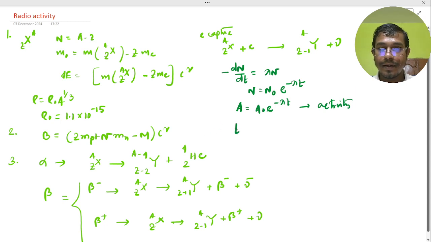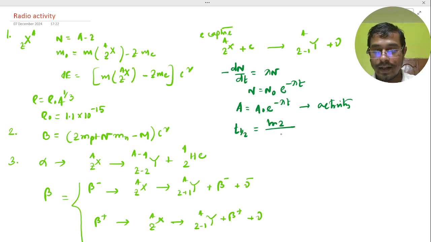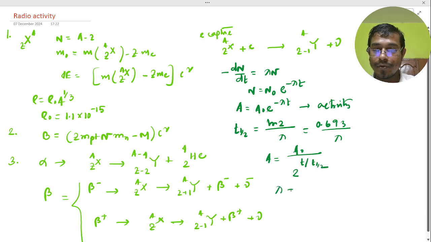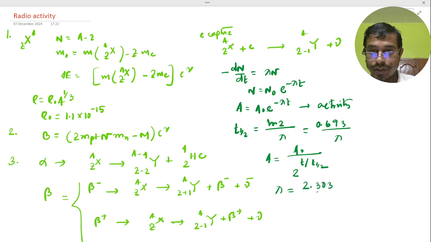The half-life T half becomes ln 2 by lambda, basically 0.693 divided by lambda. The activity at time t is defined by A equal to A naught by 2 to the power t by T half, and lambda would become 2.303 by t